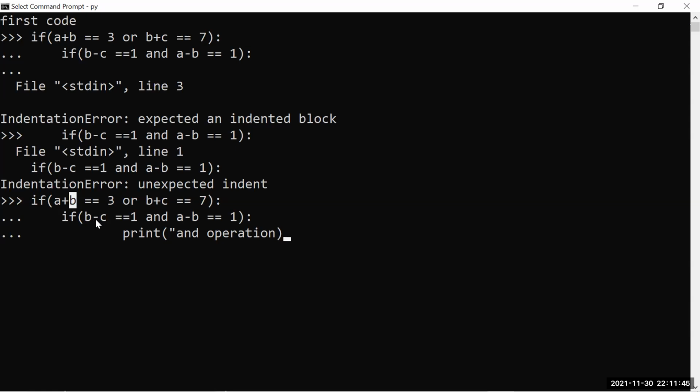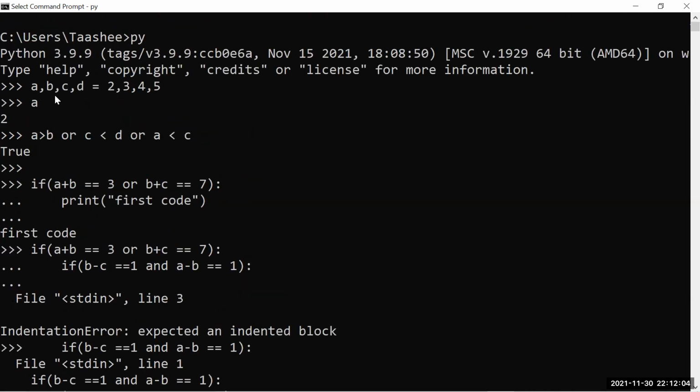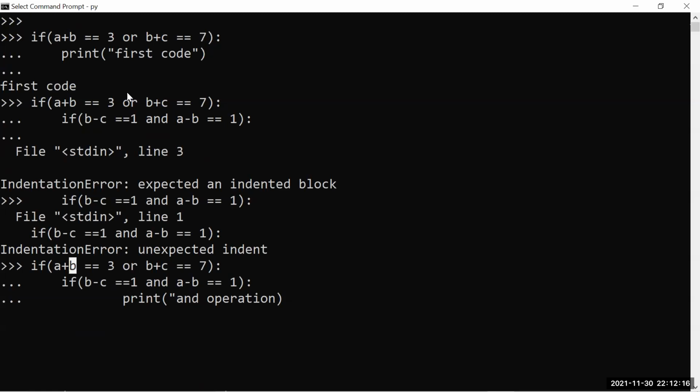Okay, so now we are under the second if condition statement, where we're specifying two different conditions joined by AND. So AND means all the two conditions must be true. Only then the part in this condition statement works. Now we have to check whether B minus C is double equals to 1 or not. What is the value of B minus C? B minus C is going to be -1. Okay. The value of A minus B is also -1. So it is going to return false here.